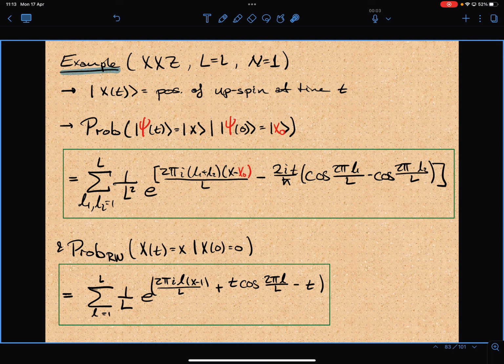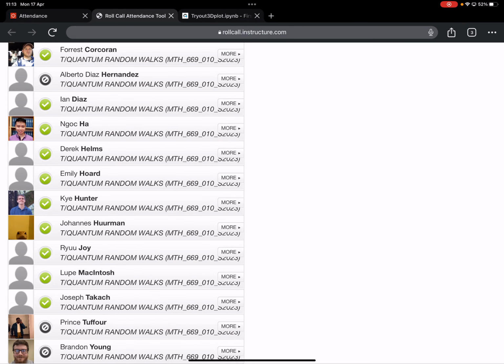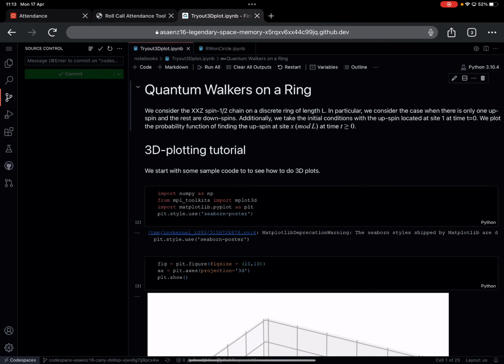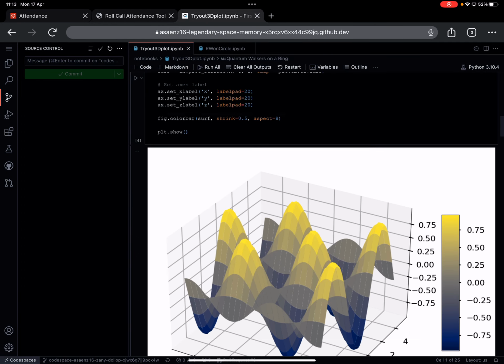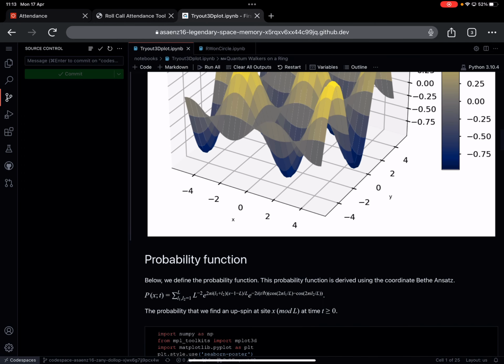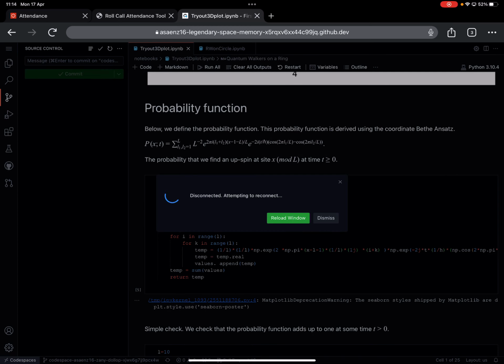And here, this doesn't seem like much. It's hard to tell the two functions apart or what the difference is. So it helps to actually graph these things. So let me see. This is some script that I wrote. I was learning how to do 3D plots first. And so I start with the probability function. I define it there. This is for a specific